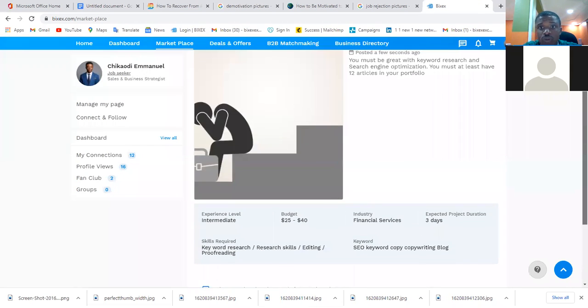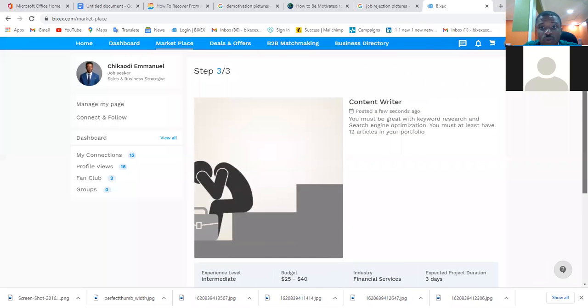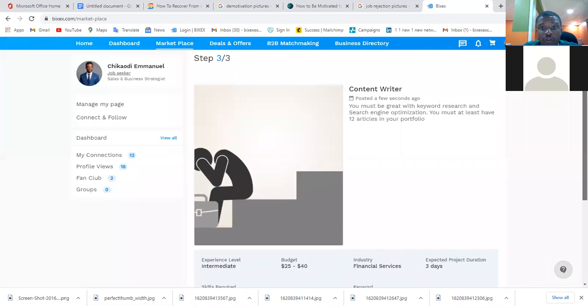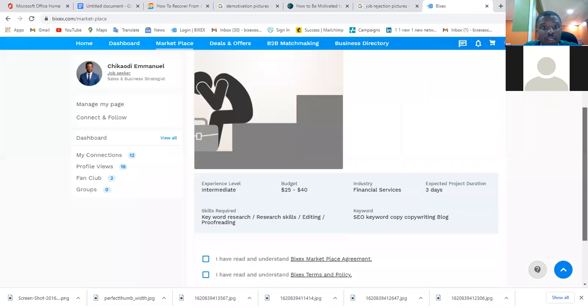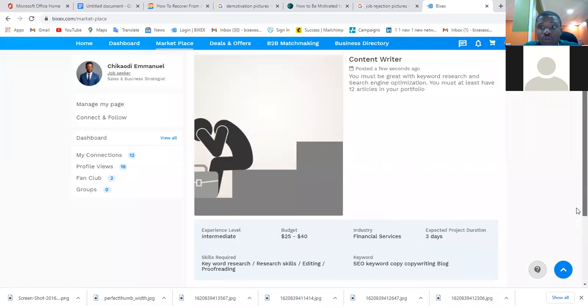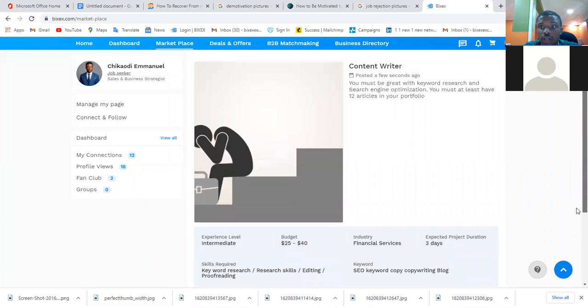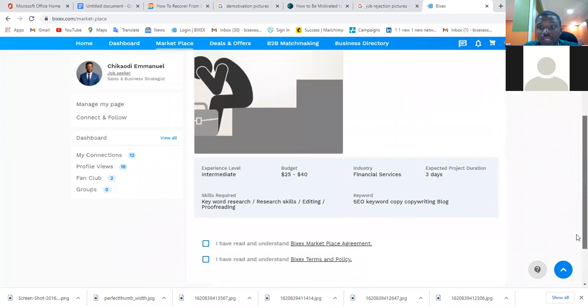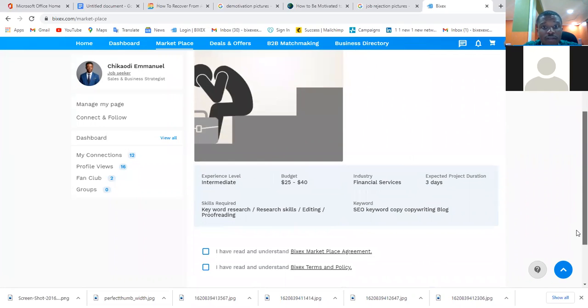You read through everything you've added to ensure that it is correct. You carefully read through what you've written: the experience level, the budget, the industry, the expected project duration, the skills required, and every other thing you need to appear in the gig. Make sure you read carefully to ensure that it is correct before you submit the bid. Once you have read through it and ascertained that the information is correct, the next thing you will do